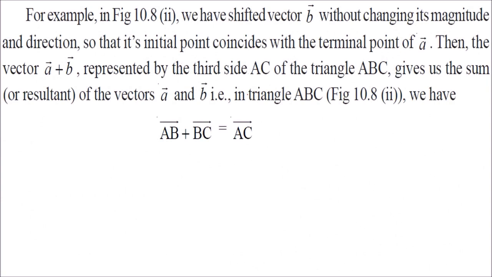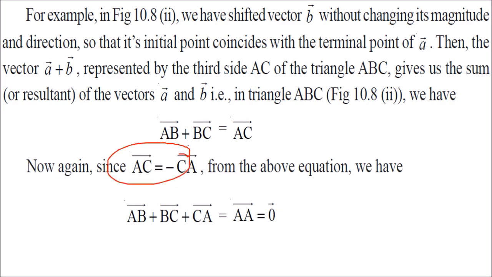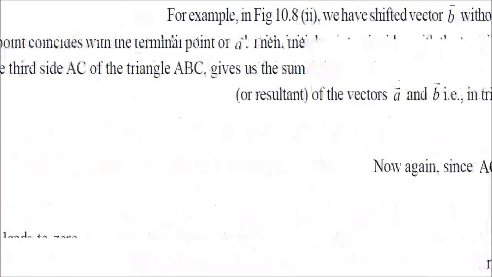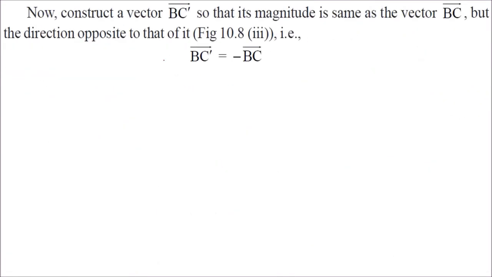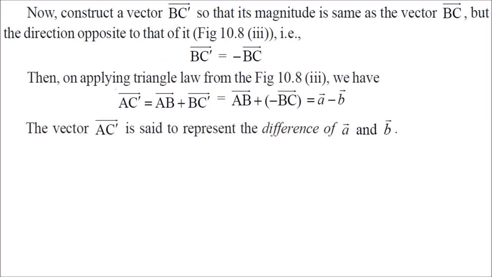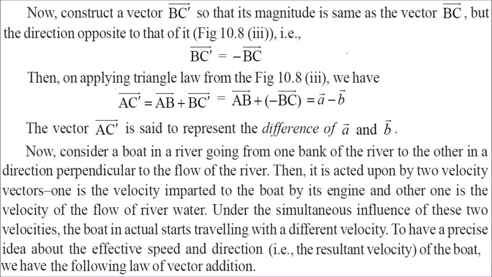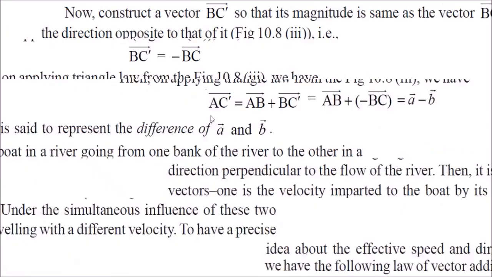So how can we represent it? This is simple, a triangle: A plus B, A minus B. And if you take it the other way around, CA will be minus AC, right? So it will be AB plus BC plus CA, that will actually be AA, and it will be 0. If you start, go, and come back, the displacement is 0, so the vector addition will be 0 here. These are all the various aspects from different perspectives.